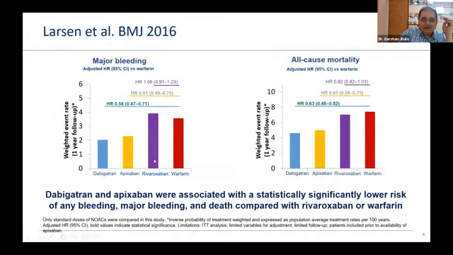Okay, so this is the graphical form between major bleeding and all-cause mortality. So once again, you can see that dabigatran and apixaban score over rivaroxaban when you're talking about bleeding. Remember, rivaroxaban is an effective drug, and in things like venous thromboembolism, it is probably the drug of choice. But it has a little bit more bleeding episodes than dabigatran and apixaban. So when we have these two competing drugs, dabigatran and apixaban, which one do we choose?